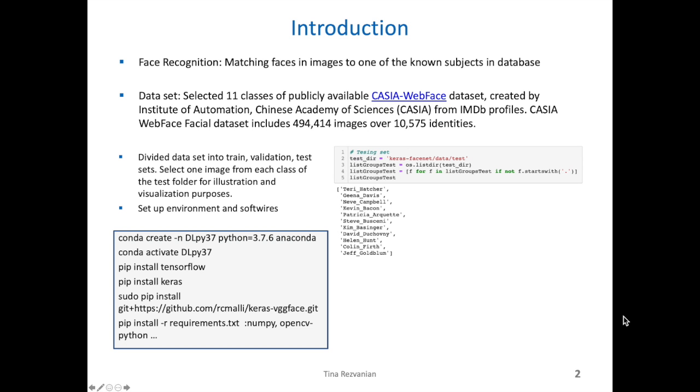Face recognition. We want to match faces in the images to one of the known subjects in the database. My dataset includes 11 classes of the publicly available dataset called CASIA WebFace. First, we create our environment through the following commands, and then we divide the data into train, validation,